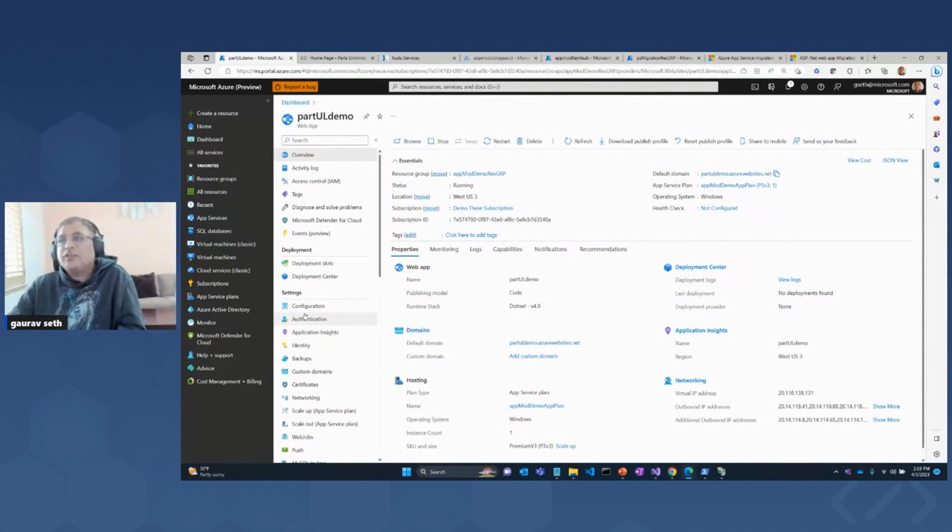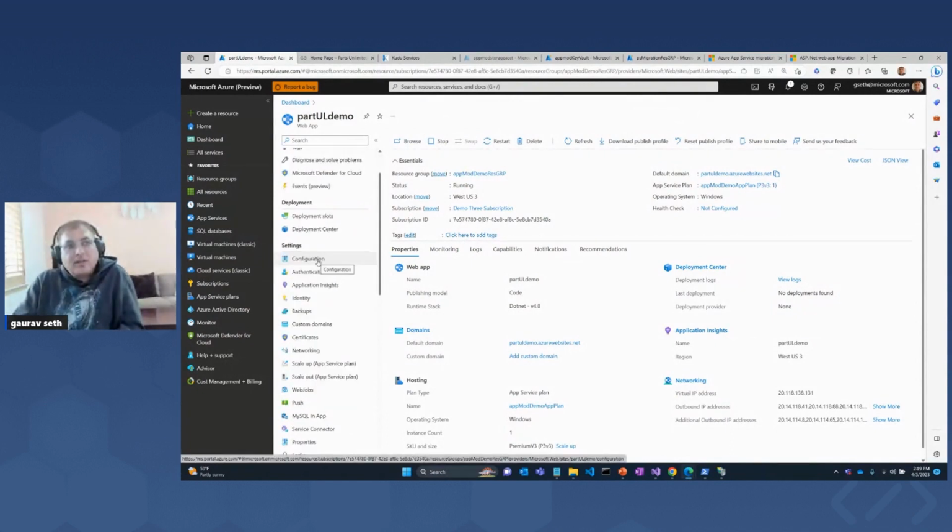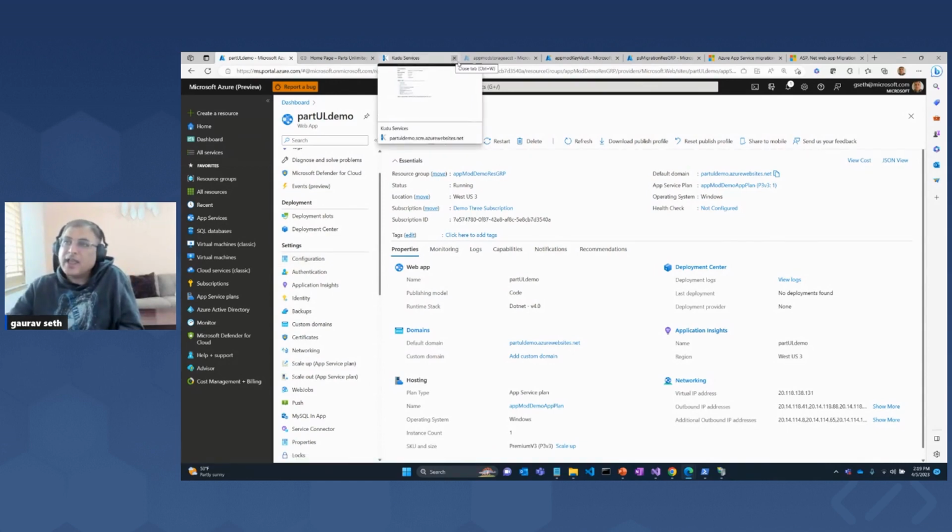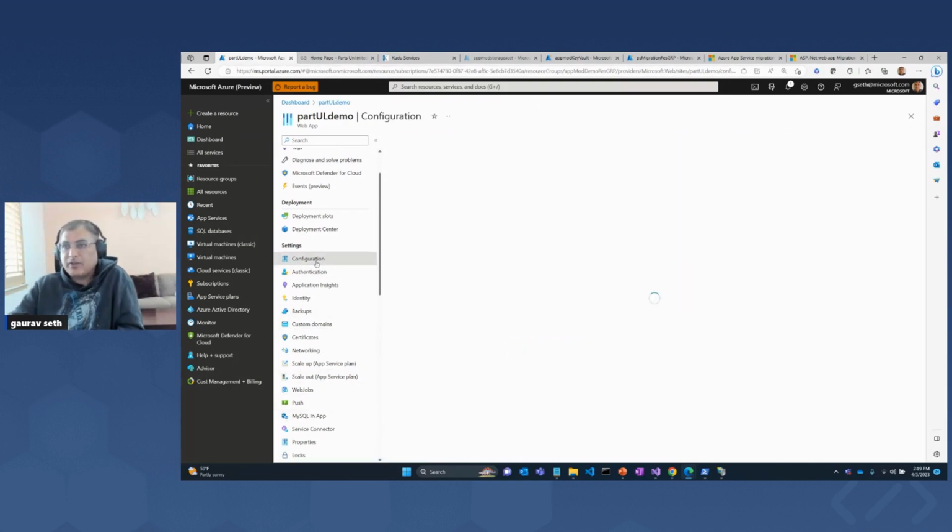Similarly, if you remember, I just spoke about larger content sizes. Now, it is again very common that my on-prem web application is using a virtual directory. As some of you might be aware, we already have something called bring your own storage for app services, and here is how that works. Again, if I go back to configuration,